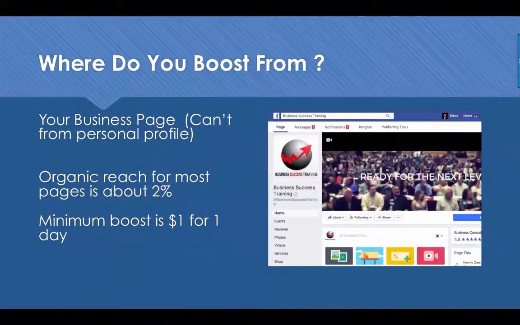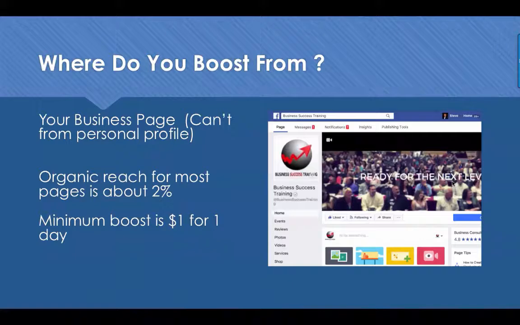Or you can use boosted posts to go ahead and reach that audience for like $8. So you would simply choose the zip code, you would choose homeowners, and then maybe there'd be another qualifier like people that live in houses over 3,000 square feet if it was an upscale subdivision.